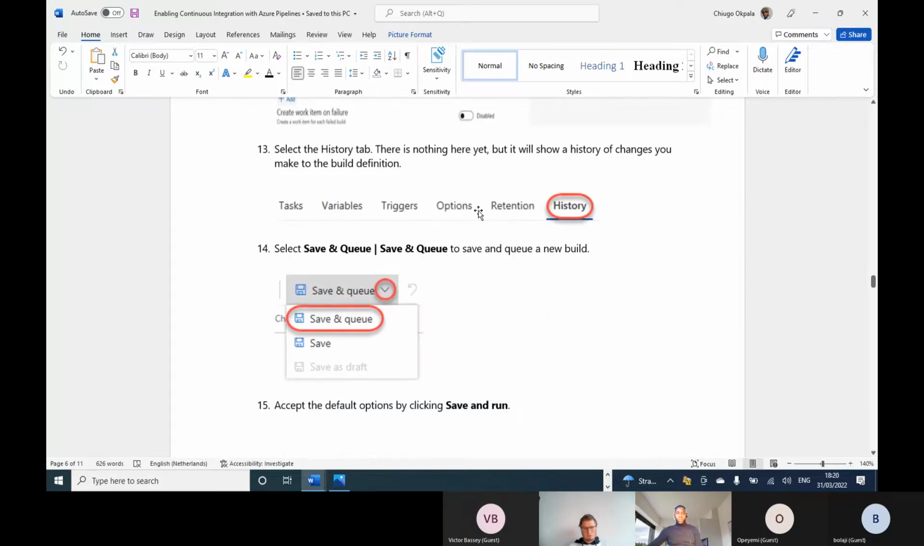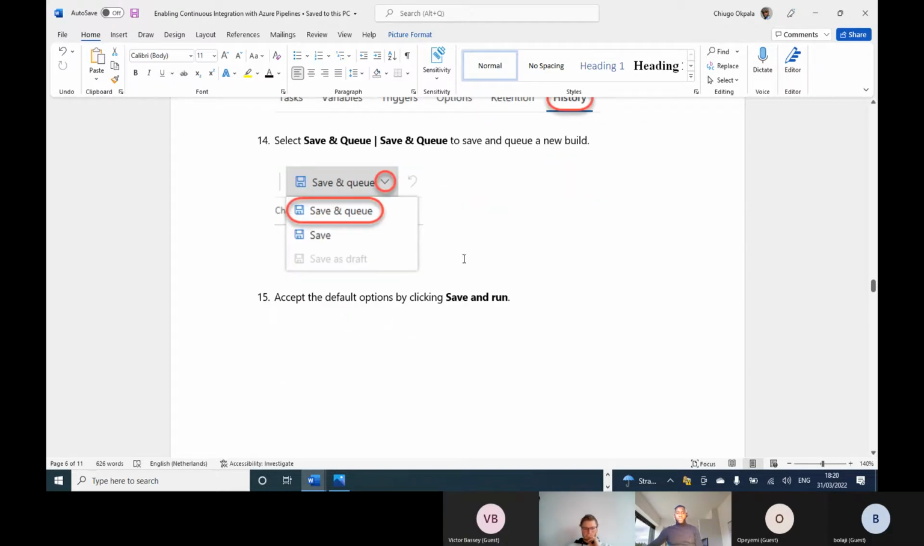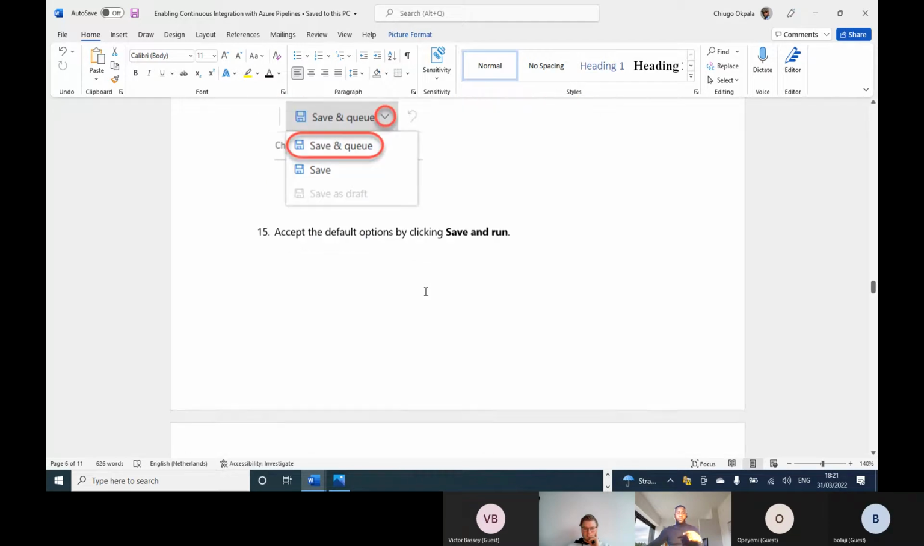And then finally, we go to the history icon. And in the history icon, we now have to click on save and queue, and queue the job to be run. So then we click save and queue, and then we have to go on the run